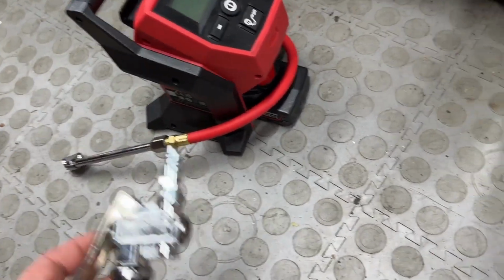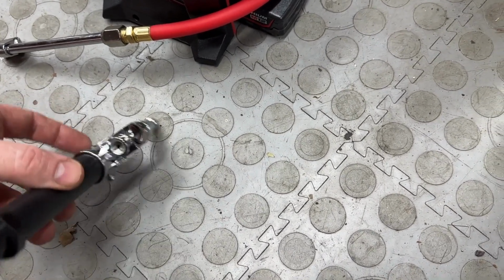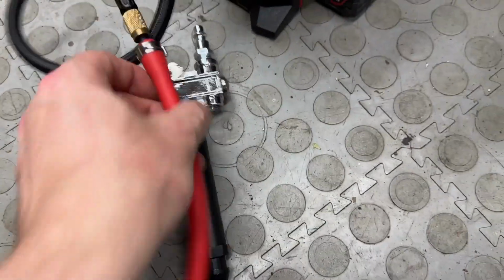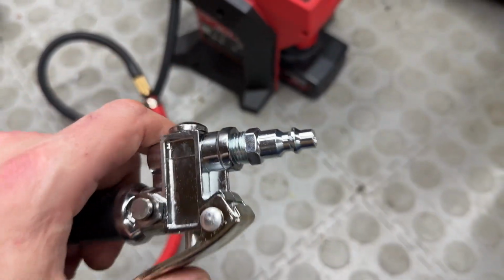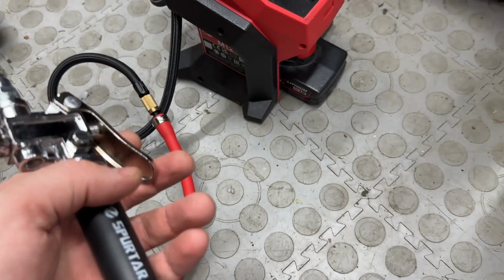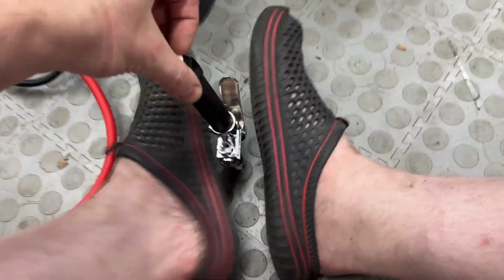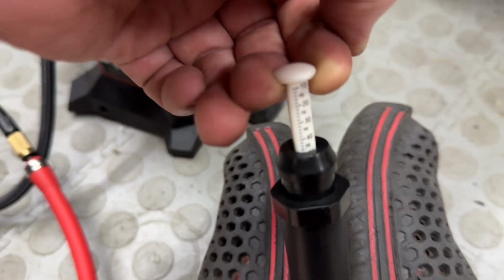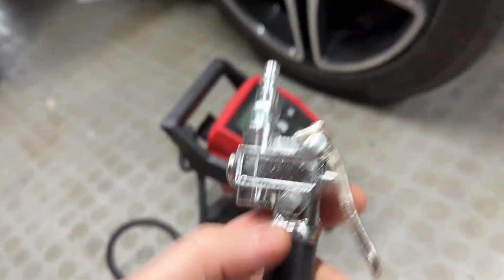The part that was left over, from what I can remember, this came out the back of that. I think it was a bit longer than that. And then you connect that to your compressor, and as you do it, it pumps your tyres up. But that's a bit of a two-handed thing as well. It does have a gauge here, a little thing that pops out, tells you what pressure you're at. Yeah, not as good as something digital, but